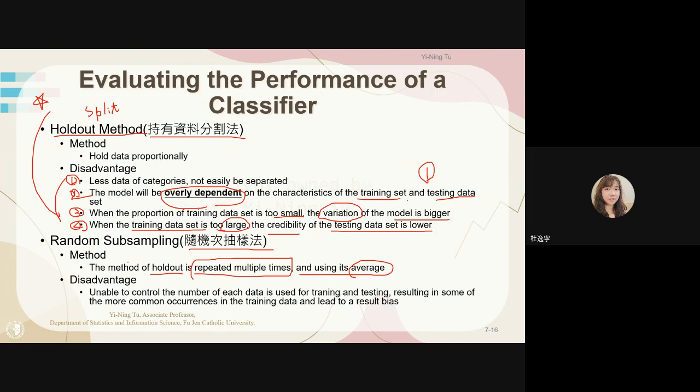Because we are unable to control that the number of times each data point is used for training and testing is the same. 就是你随机抽的时候，你不知道每一个人在建模跟测试有多少次。So some will occur more commonly in the training data and lead to biased results. 所以这个也不是主流，有比第一种好，但是不是主流。